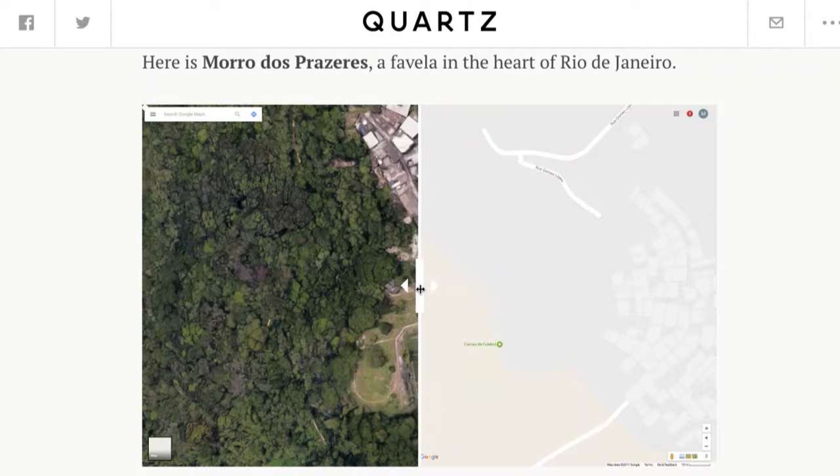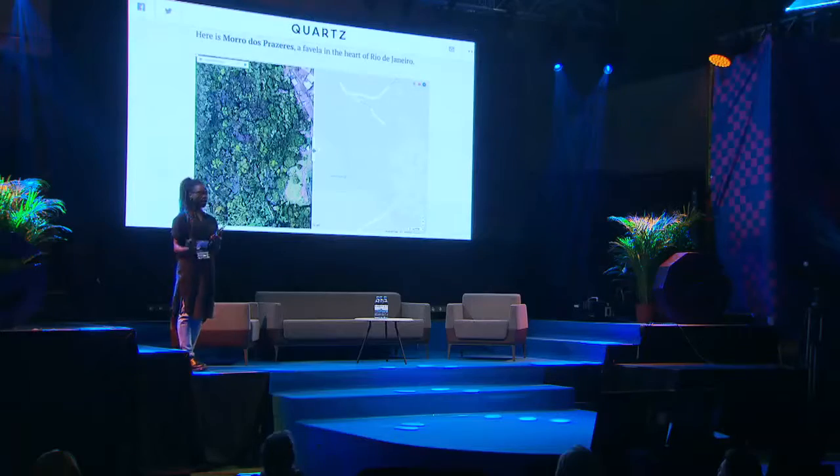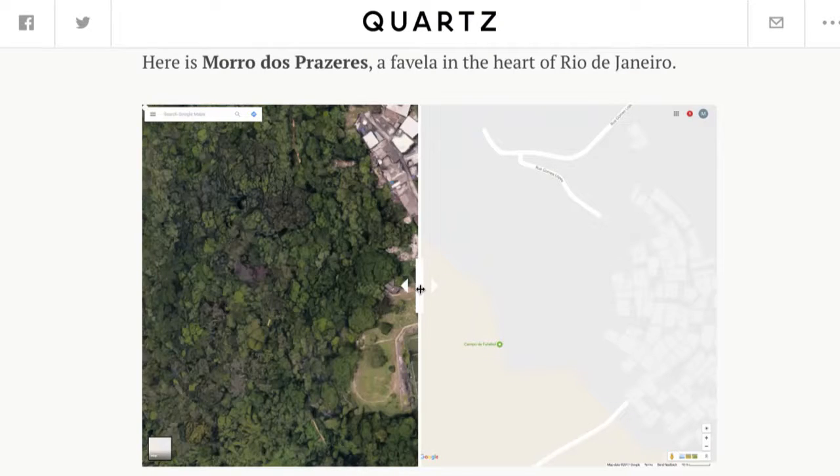It's not being represented. So the question is, what's actually happening here? You saw the title of the article, which says this was about Google's maps. But in fact, this isn't really a Google-specific issue at all. It has nothing to do with Google, per se. And we know this for two reasons. One of those reasons is that Google has put a lot of work into trying to map these areas. The reason I'm focusing on this one in Rio is because ahead of the Rio Olympics, Google sent out a bunch of people to try to map a lot of the favelas using backpacks and various other lo-fi technology. So they've tried really, really hard, but even still, only 2% of the favelas in Rio are mapped.